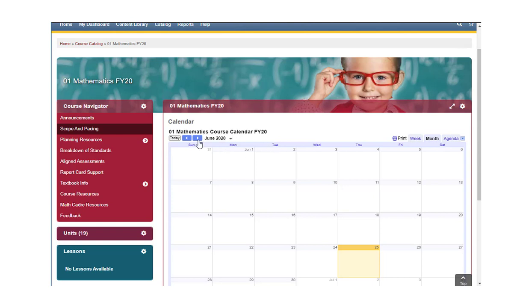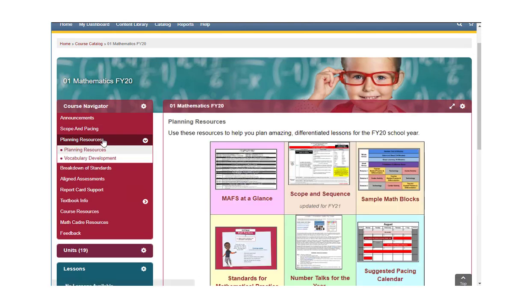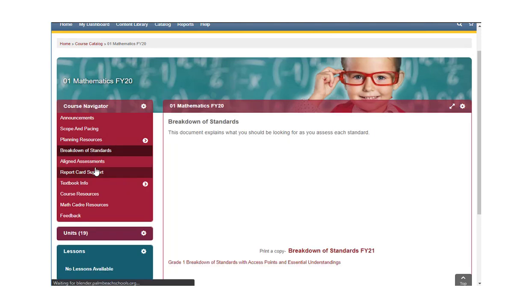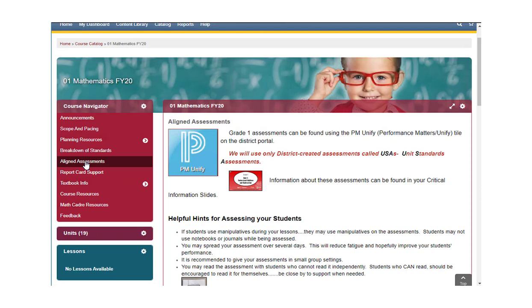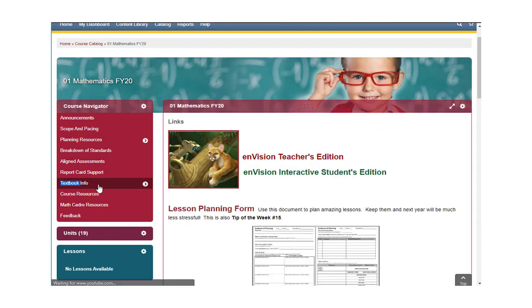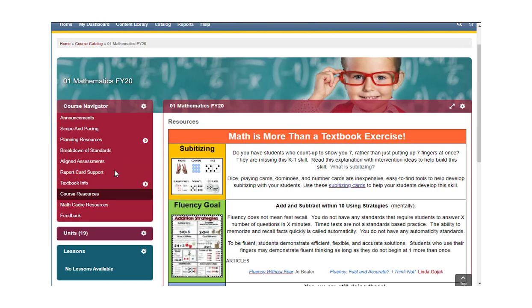Obviously, this is in the middle of summer, so we don't see too much there. But at the course level on all of your courses, you should find the key planning information. You should always find information about the standards that need to be covered. As we mentioned earlier, you're always going to find assessment information. If your course does have textbooks that are supported, you should always be able to get your textbook information. And again, in this top course level area, these would be resources that might be used at any time